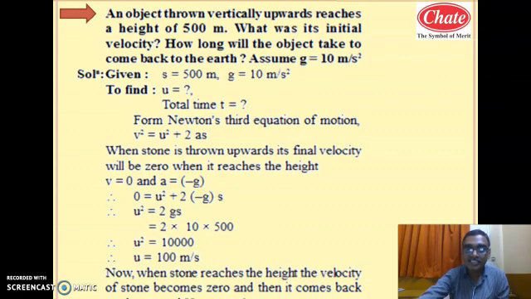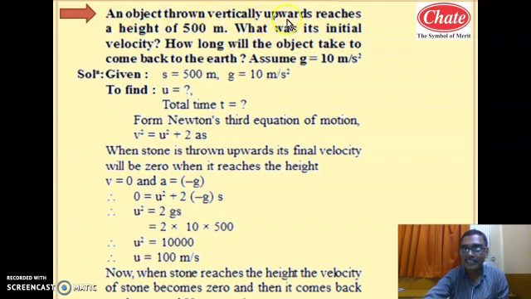Let us see the next question on the free fall condition. An object is thrown vertically upward. Now the motion is against gravity, meaning away from the earth. In the upward case, the speed of the object continuously decreases. This is a common example when we throw a body away from the earth's surface in the upward direction. So speed decreases, velocity decreases, so it is a case of retardation. In this case, the acceleration is taken as negative.